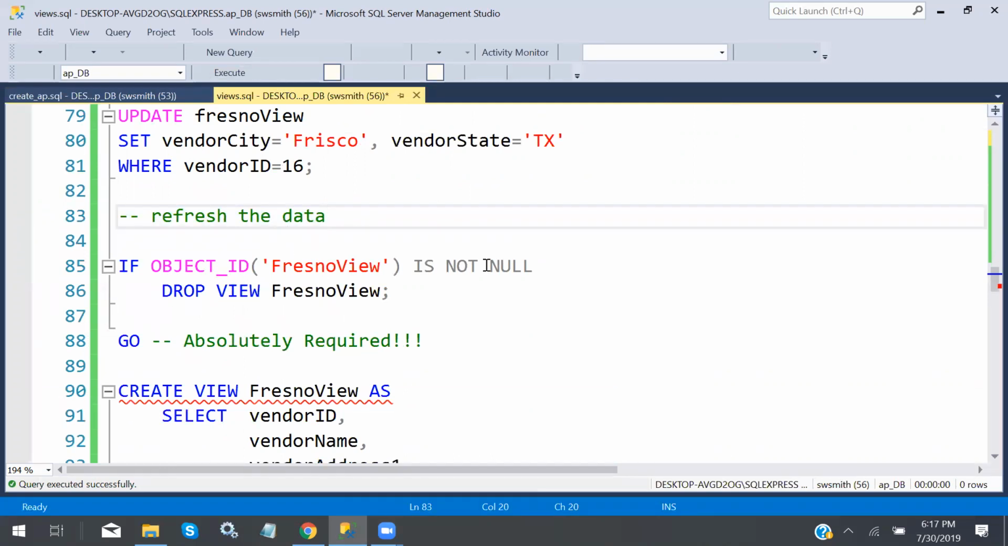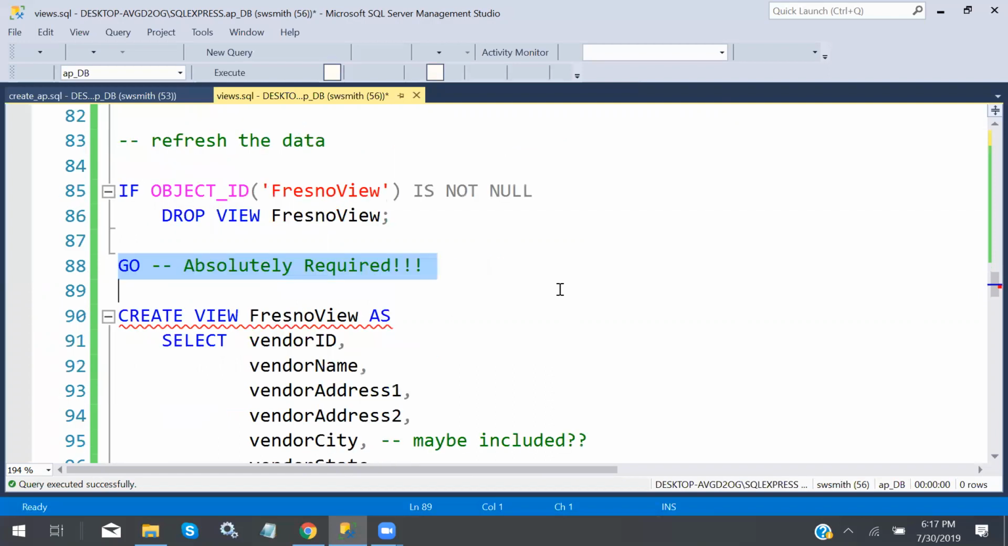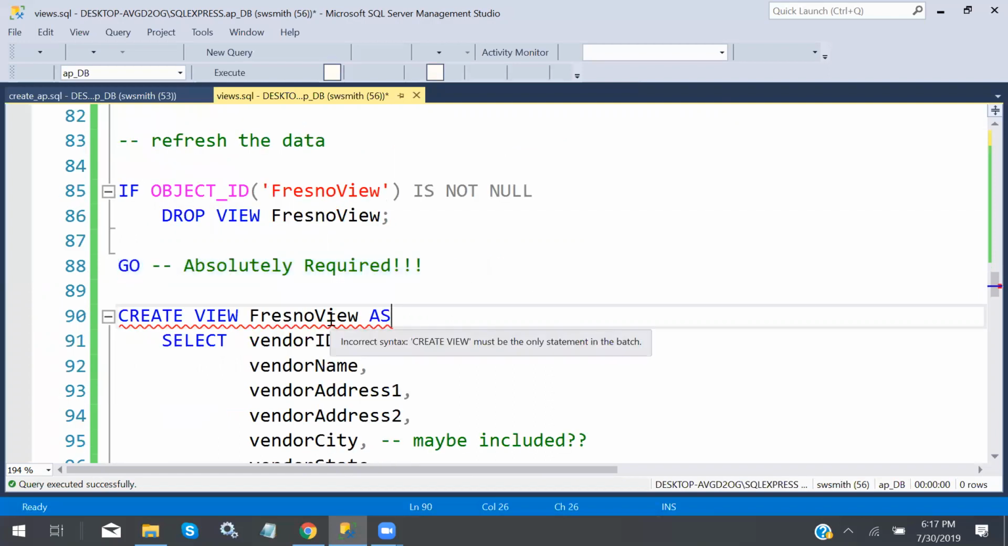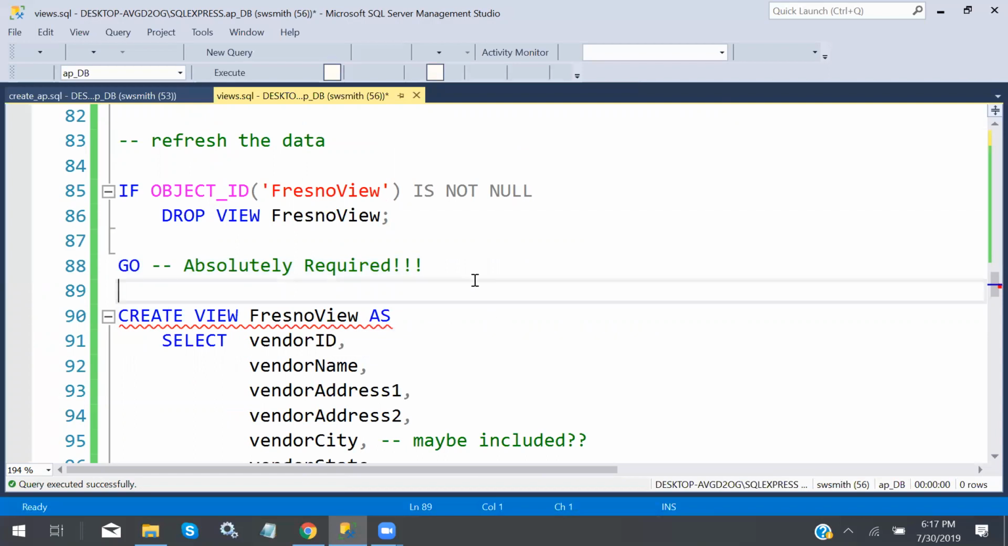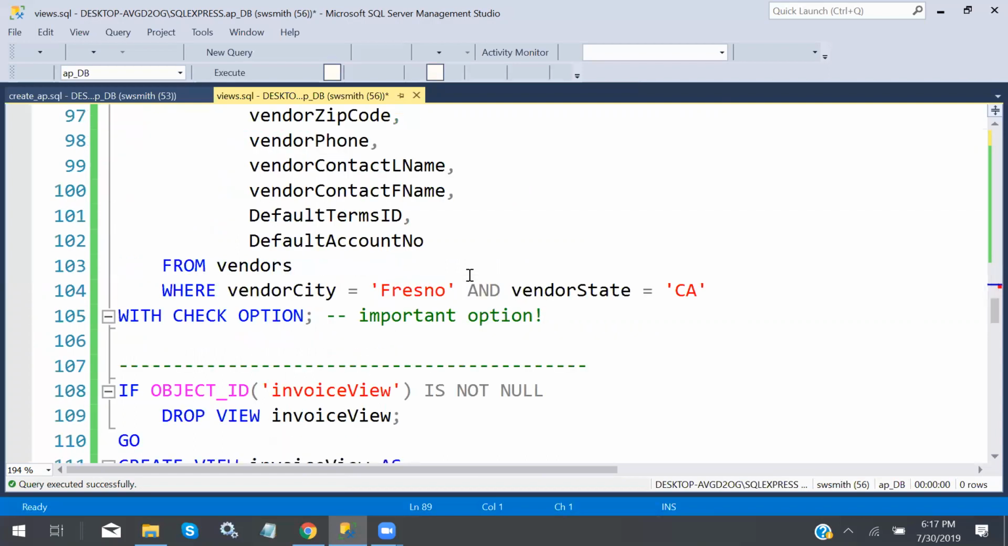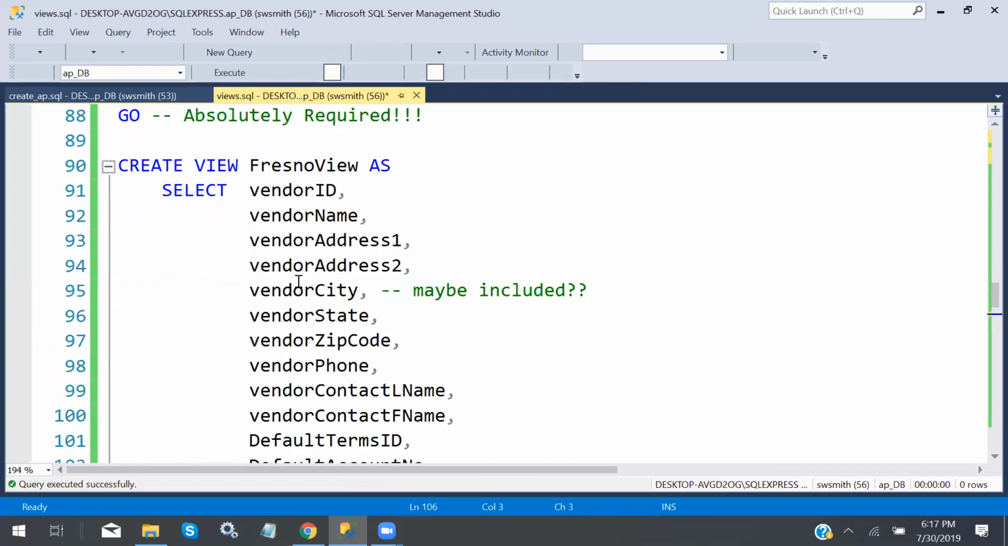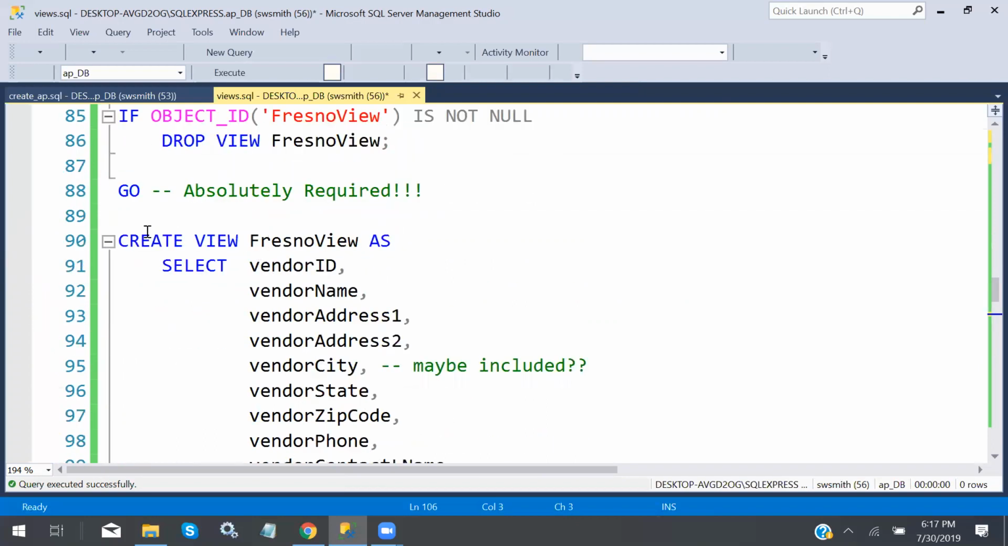If the object ID is not null, drop the view, go, absolutely required. By the way, dropping the view would not have refreshed the data. Now, well, why is this? Well, there's a go. Oh, I got something after it. Okay, it's got to be the only statement in the batch, so go